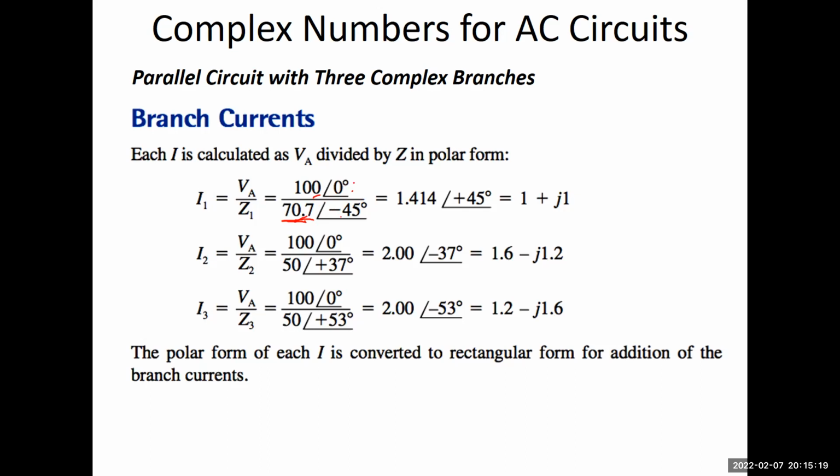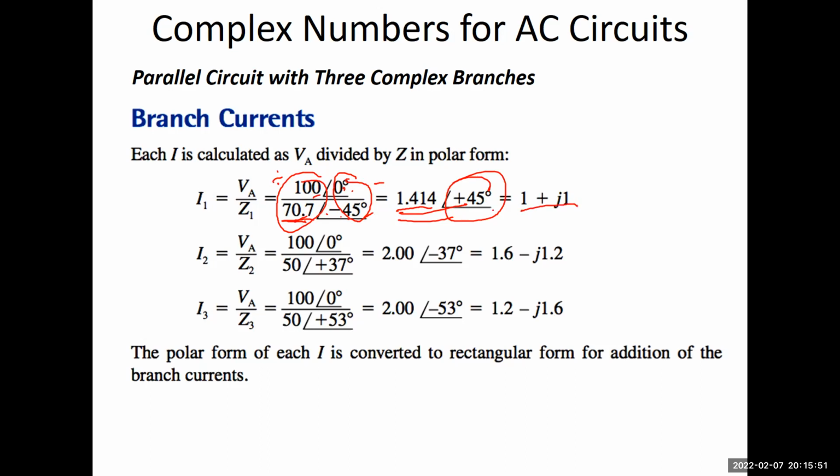We divide this, and then we subtract this one. So that is 0 minus negative 45, which is now positive 45 degrees, and 100 divided by 70.7 is equal to 1.414. So this is now the branch current I1 in polar form, and this is